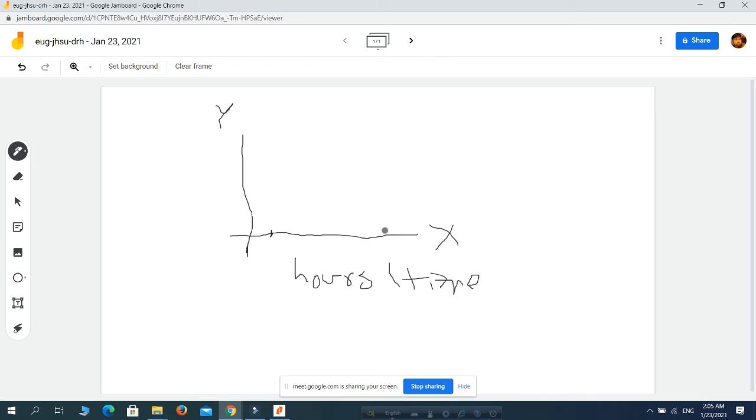It is becoming a little bit cumbersome, difficult for me to write because I'm using the touchpad.